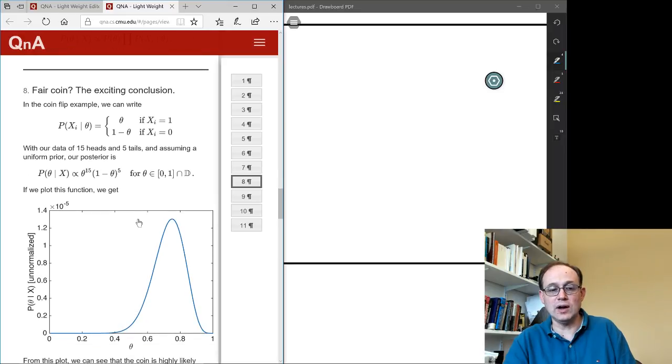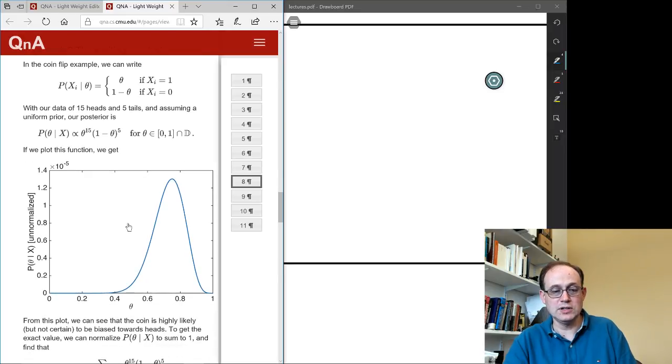And so before seeing our data, our prior would have been a uniform distribution over this entire interval, and now after seeing the data, it's this curve here. What I've done is sort all of the possible values of theta and plot the height proportional to the probability. And so you can see